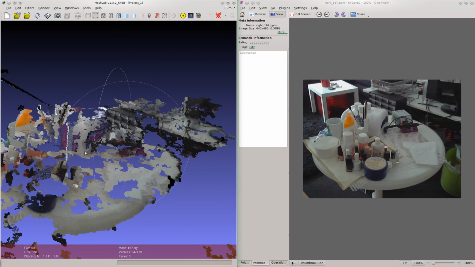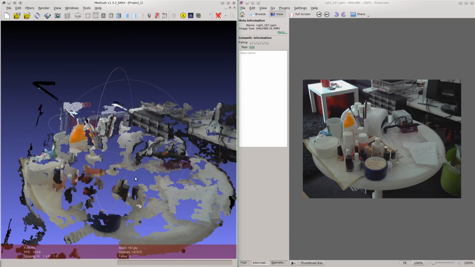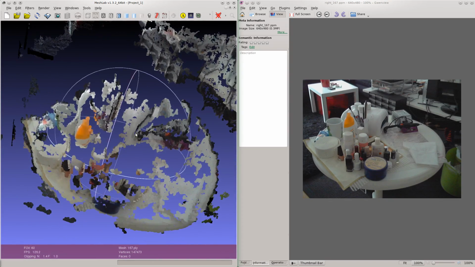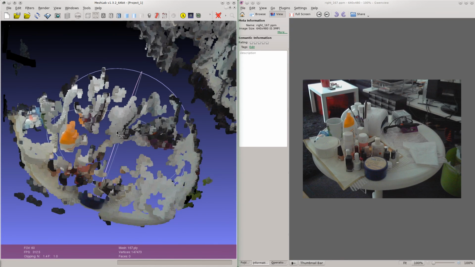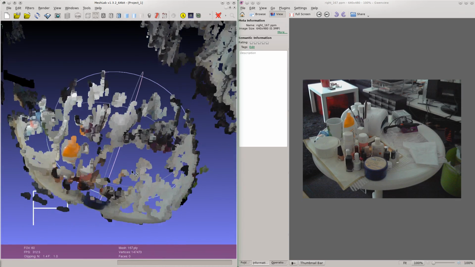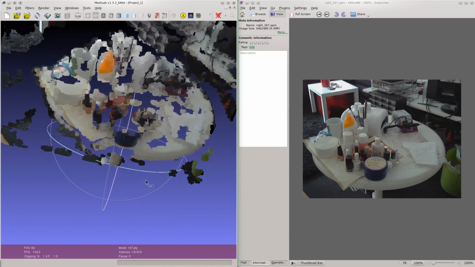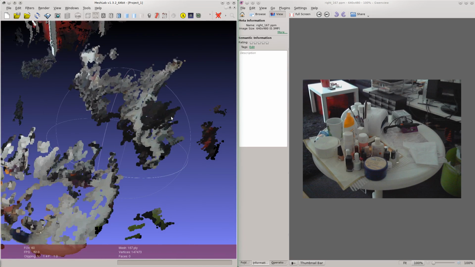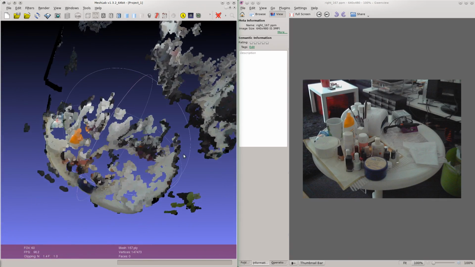Now, your algorithm performs best at rather close distances because it looks for areas with relatively high disparity. It needs high disparity in order to get 3D coordinates out of the images. So if we take a look at the table, we can see, yes, the objects on the table are at the correct positions. So this is also quite a positive result. And in the background you see another desk with the corner of a computer monitor, and that was also recognized